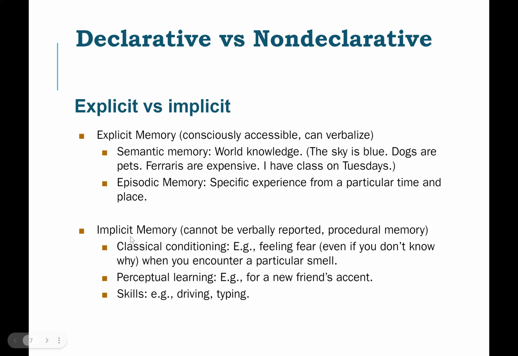Okay, so these are different types of implicit memory. A lot of the time, you're not even aware that they're getting better. That's the thing about not being conscious of them. When you start a new skill, like a new sport, it takes a while for you to even realize you're getting better at it, because it's so gradual and it's in your motor memory. You can't quite describe what makes you hit the tennis ball better over time, but it's a form of implicit memory.